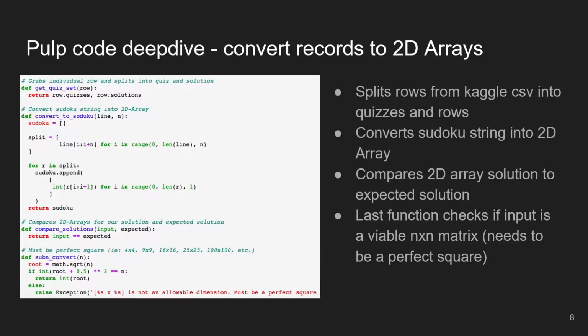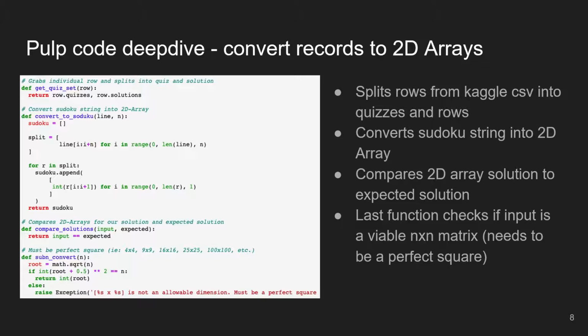As Julie mentioned, we have a particular use case where we actually were able to find a Kaggle dataset which had 1 million solutions as well as their initial problem. And so we had to derive some helper functions here that actually would account for that. We can't just generate an LP problem. We also had to create a kind of test framework for that LP problem. And so here we have 4